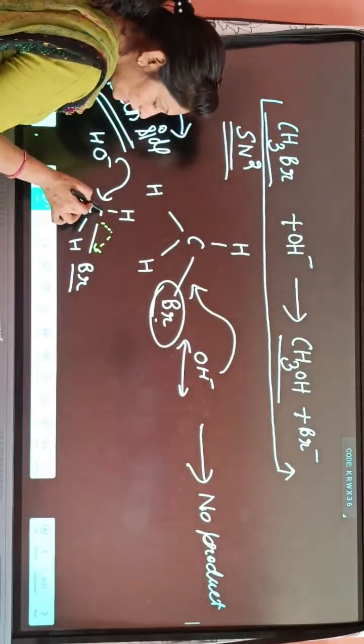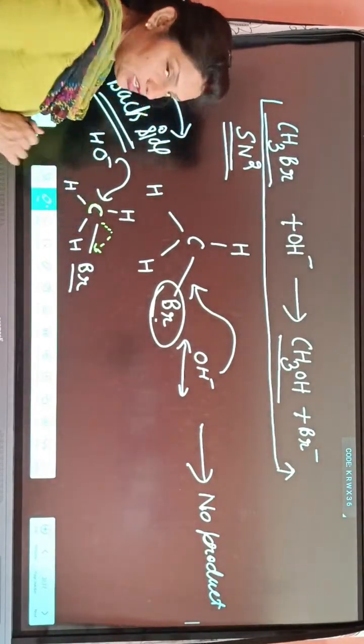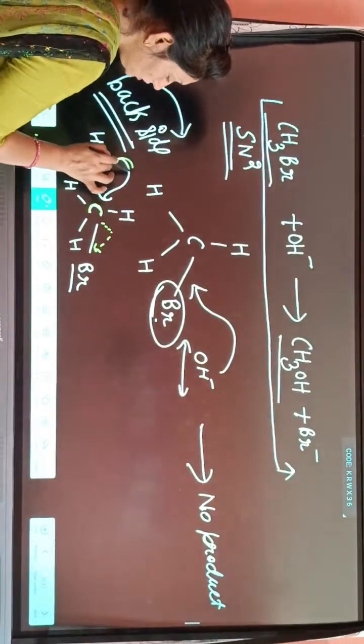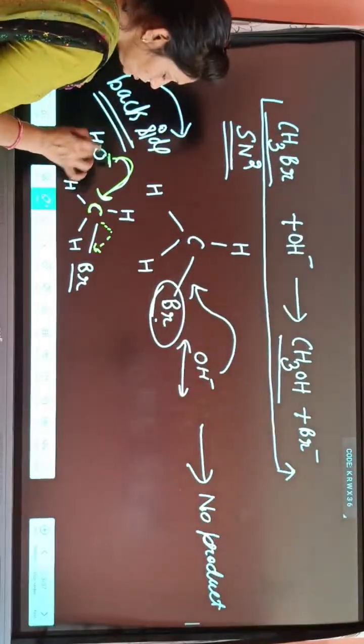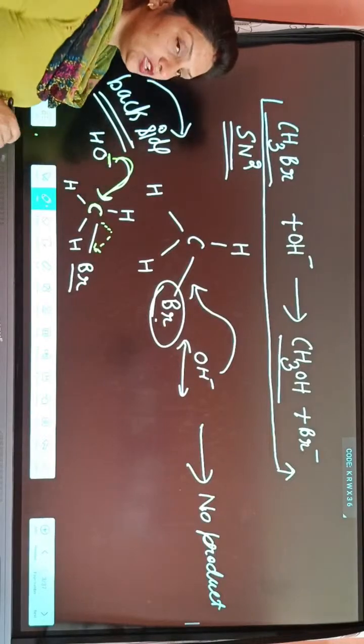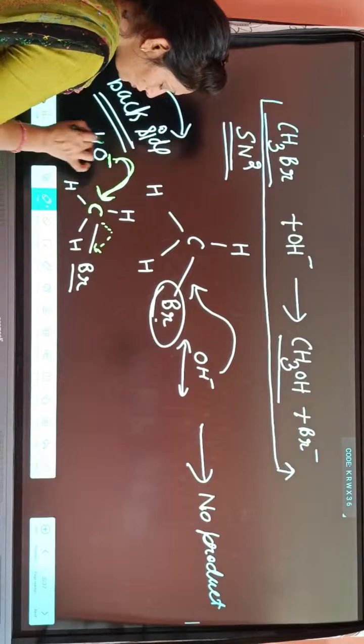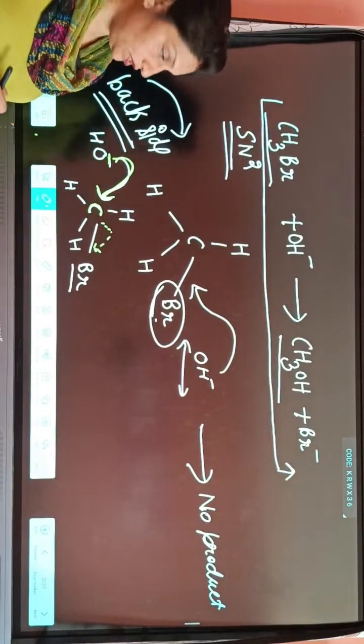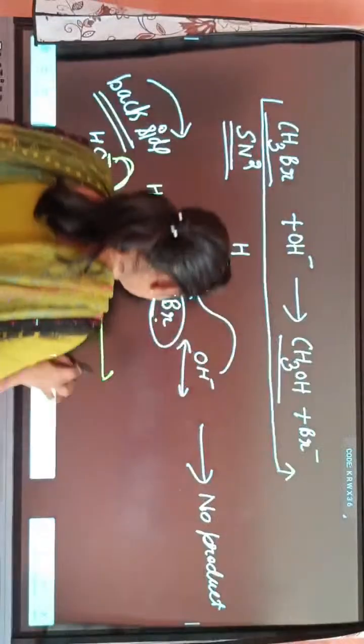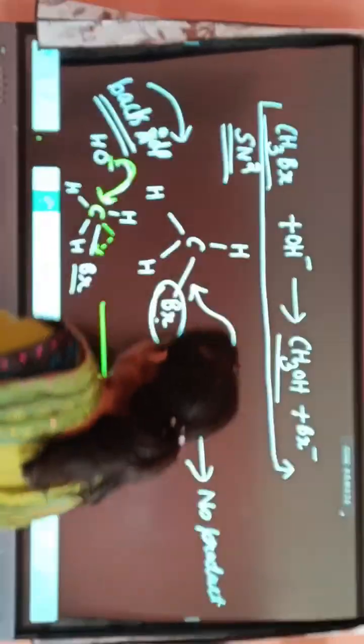There is already some electron deficiency at this carbon, so it can easily take electrons from this one and form a bond with this carbon. So finally, what will happen here? Bonding will take place from the backside. And students, if I talk about the final product, then